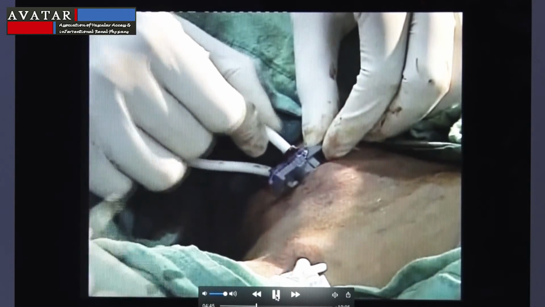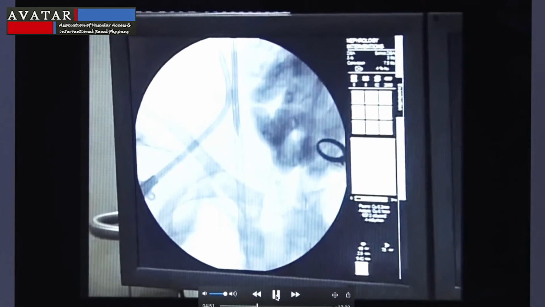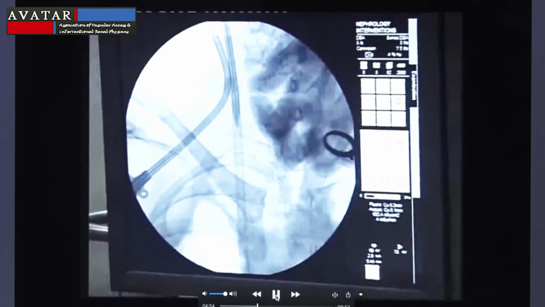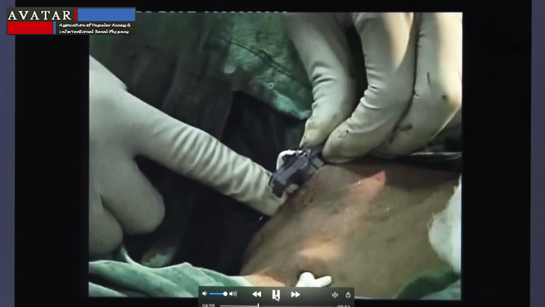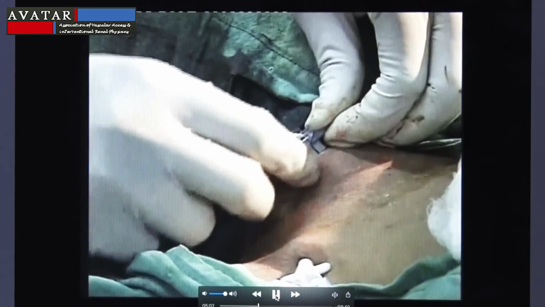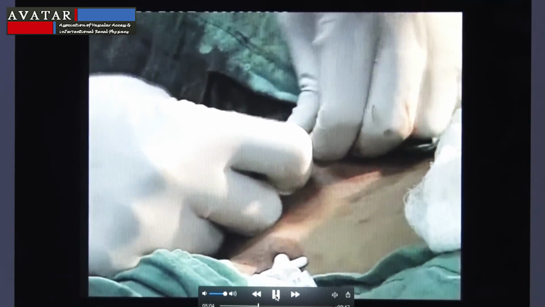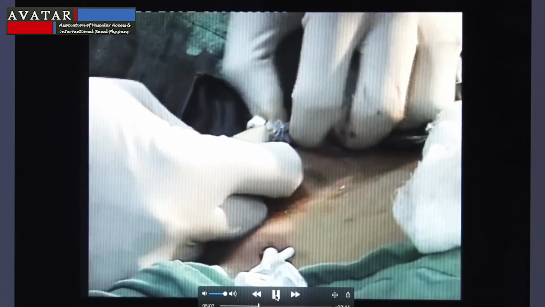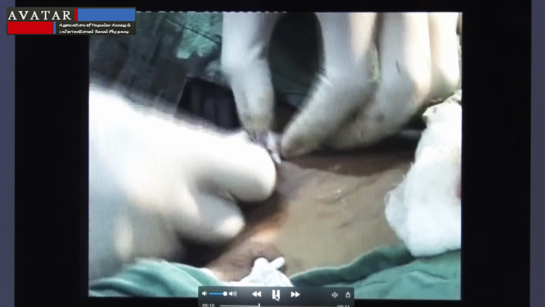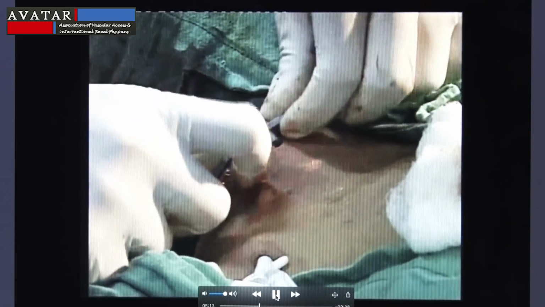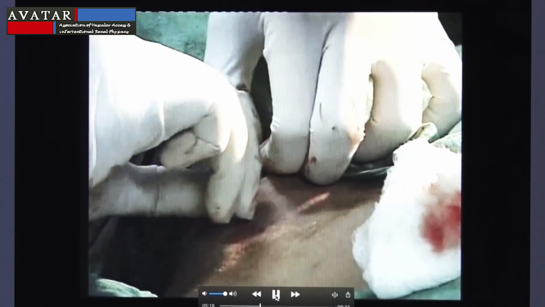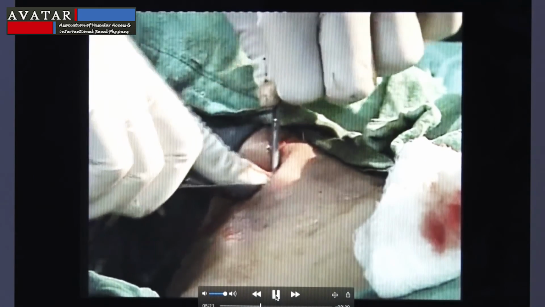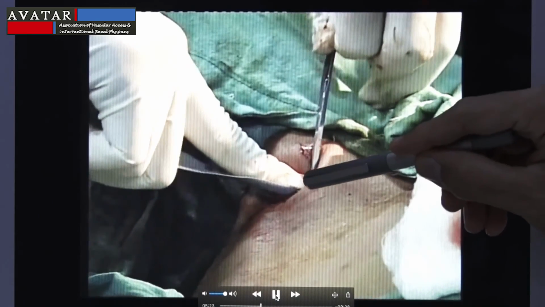The catheter is then introduced into the peel apart sheath. This is also done under fluoroscopic guidance. You can see the catheter moving inside the sheath. Now we have to pull apart the sheath. We pull it apart and press it downwards. While pulling out the sheath, we have to be careful that we don't pull out the catheter, so we can keep our index finger on the catheter.